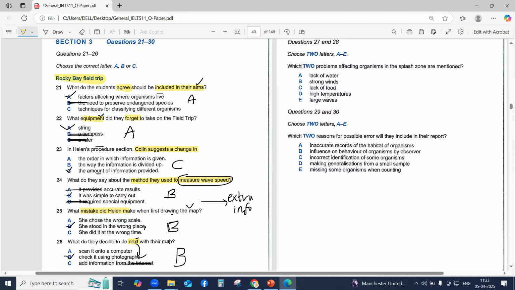Okay. Out of the 5 problems, 2 problems are occurring in the splash zone that are affecting organisms. Next, out of the 5 reasons, 2 reasons they are going to include in the report because it has possible